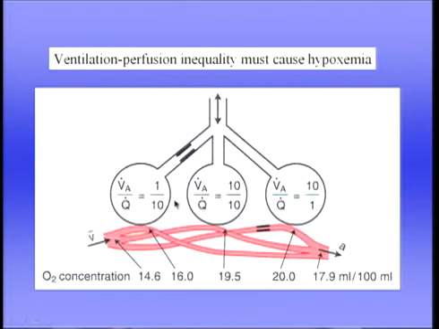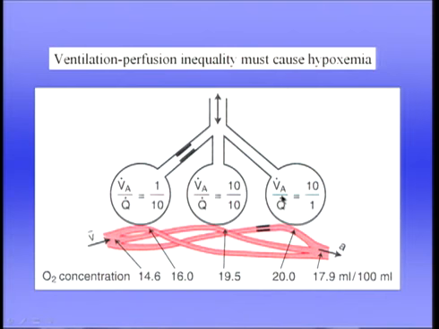Now, there's a second reason why ventilation-perfusion inequality causes hypoxemia, and I must just show you that here. Here we've got a simple model where you've got 3 lung units. In the center, you've got a lung unit with a normal ventilation-perfusion ratio, which is about 1. Remember, we talked about that way back when we were talking about the total blood flow and total alveolar ventilation. Normal ventilation-perfusion ratio, about 1. We've got a unit with a very low ventilation-perfusion ratio, 1/10, and a unit with a very high ventilation-perfusion ratio,